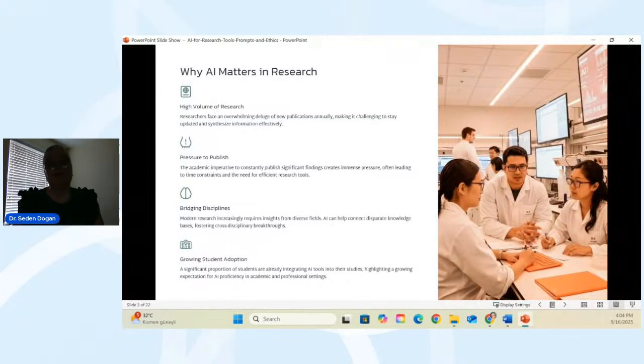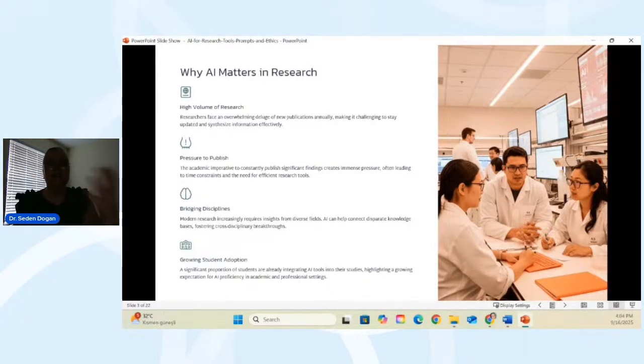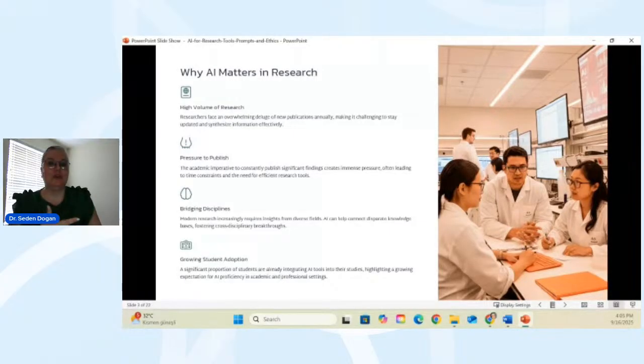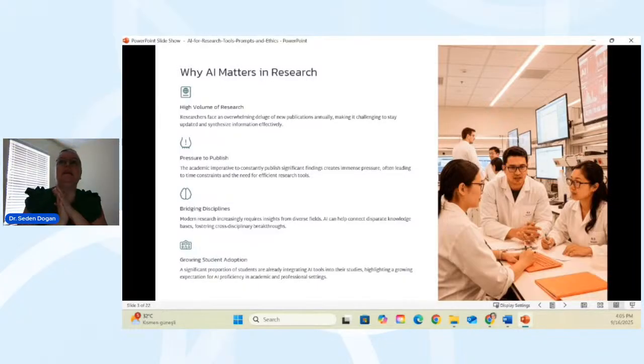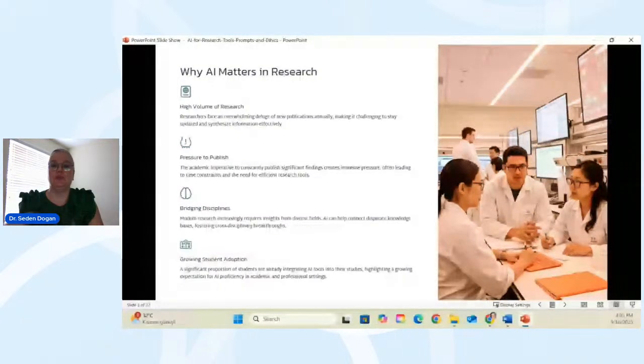So let's update the picture with what's happening right now. We are living in the artificial intelligence era. In fact, my colleague before me talked about what generative AI and artificial intelligence are. So I will not repeat what she already mentioned, but especially around large language models, generative AI like ChatGPT and Gemini and Copilot and xAI and related tools. Surveys show that in 2025